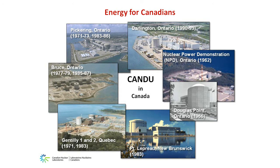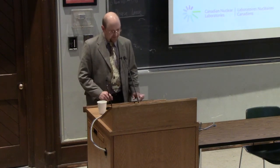There are 2 in Quebec, both not operating today, and there's 1 in New Brunswick, which today is providing about 30% of that province's power. So again, about half the electricity in Ontario, and most of the nuclear reactors are in Ontario, and one operating nuclear reactor in New Brunswick. Around the world,